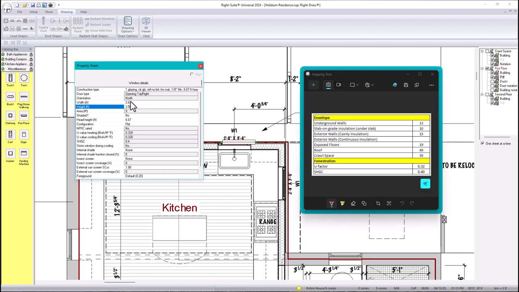You're gonna put the dimensions of the windows, and then the ceiling height, which is usually the same. For the type, flat, you also have bay and garden. Usually it's flat. And then in here, this is very important: internal shade. If you don't put internal shade, then a lot of heat by radiation is gonna come in from the sun. So you also don't wanna cover it all, because honestly, you can cover it all, but from an architectural design standpoint,